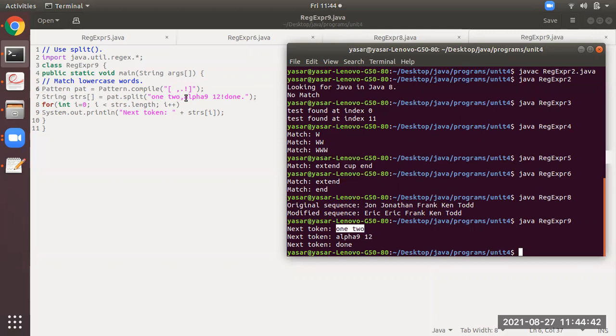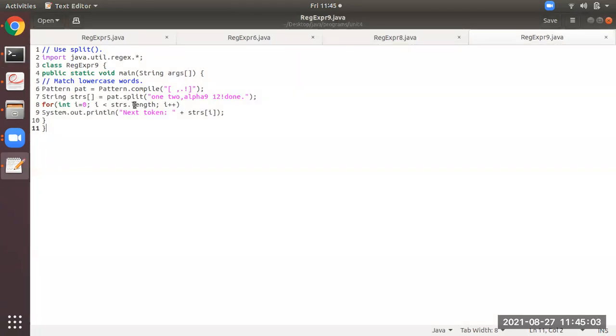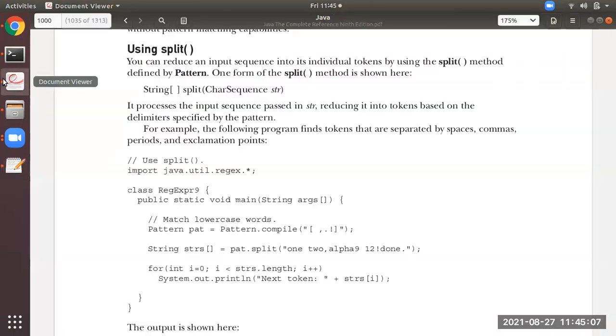Then after that second delimiter, done is there, till dot. After done, the third delimiter is dot. So after the second delimiter, this is the next piece which is split. This is a simple program demonstrating the concept of split.